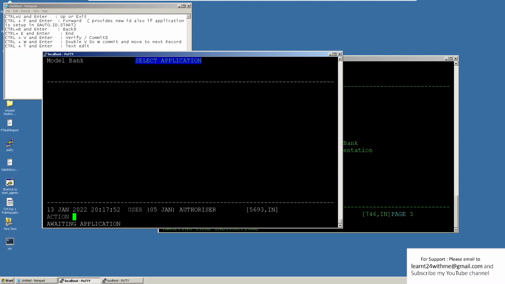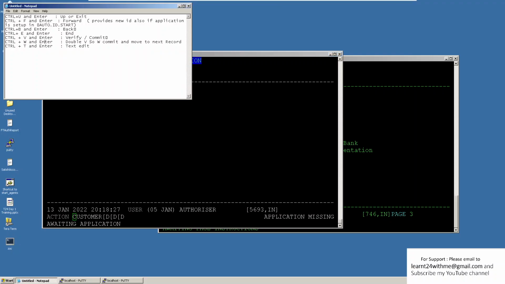And another is Control T. So for example, if I type something here, account, and I type Control T, enter, it will highlight my first field. So I can correct this like this. If you want to go back, you need to use the arrow button, which is very difficult. So just type Control T, enter. You will be at first record, first character, first field. So that was the use of Control T. So I hope you understand all these commands.